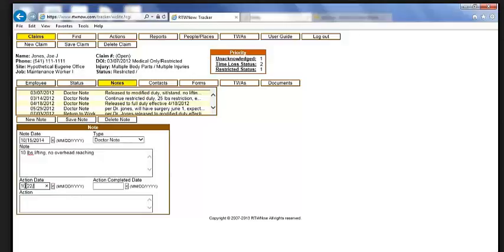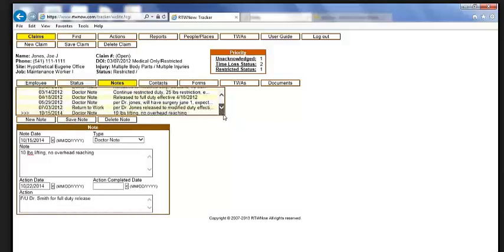You could put that he has a follow-up appointment, and you might have like follow-up, Dr. Smith, or full duty release. And you save the note,